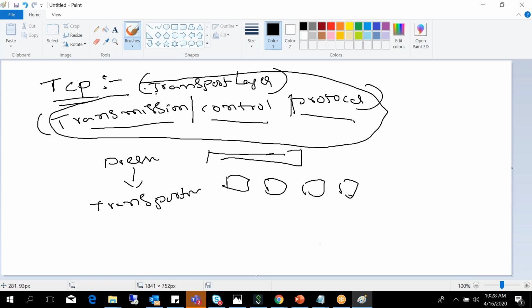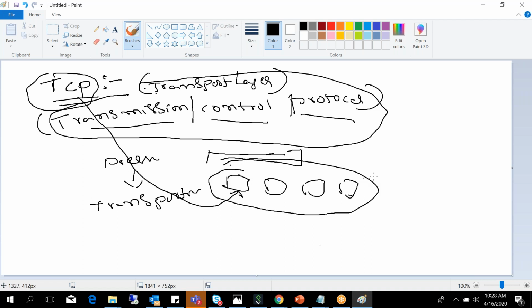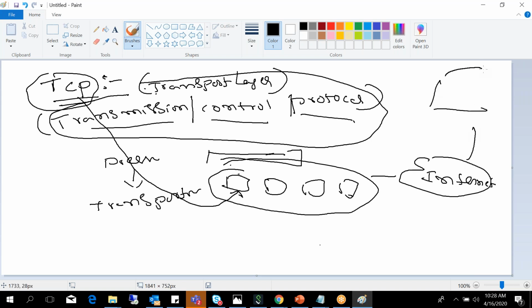TCP is responsible for transmitting these segments over the internet. Whether you are going to the Google server or any other server, all the segments have to travel over the network, right? So TCP is responsible for transmitting all your segments over the network.